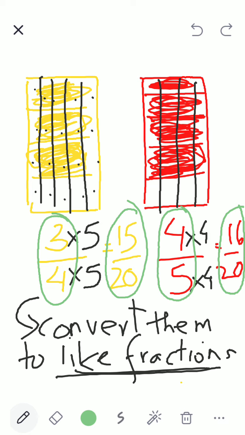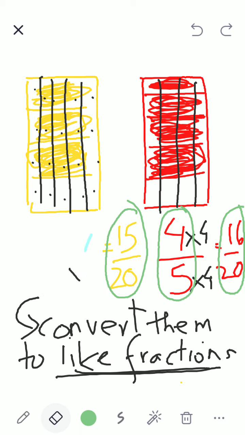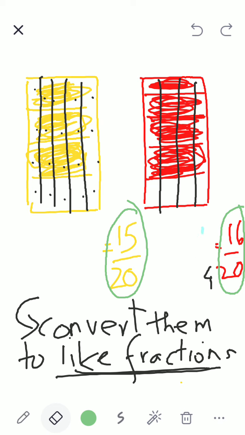So, children, now let me remove this. Now tell me which is bigger, 16 by 20. 16 by 20 is bigger. So the red chocolate became bigger. Now what did I do? Technique. Now visually you all understood, children, what happened? But